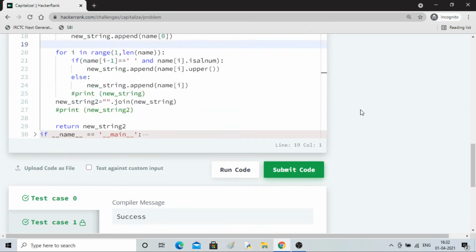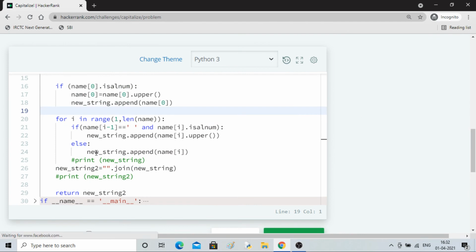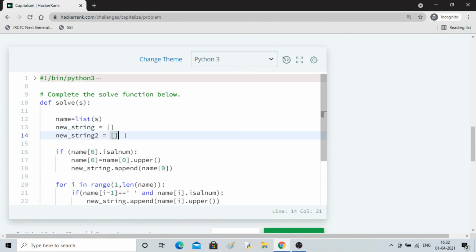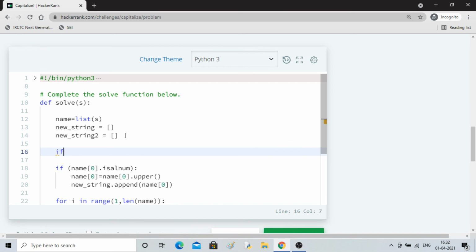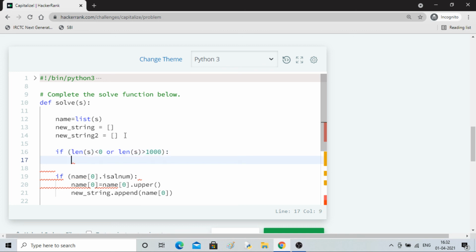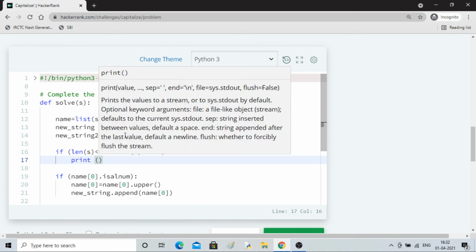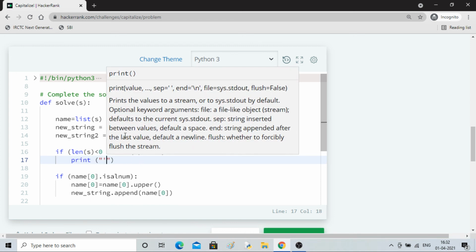Okay, so it looks very easy, but it is not. You can see that. One more thing I'll add. We have not added the constraints. So if length of S is less than 0, or length of S is greater than 1000, then it should print, what should it print?